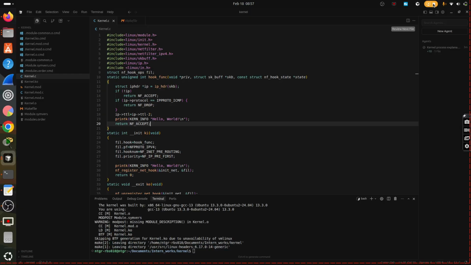Here fill.hook is the hook callback function which will be called once the packet arrives, and fill.pf is the protocol family. We are mentioning that we are using IPv4, we need the IPv4 packets alone. hooknum specifies whether we need to hook the packet in pre-routing, post-routing, or while forwarding, so we mention those in the hooknum. And